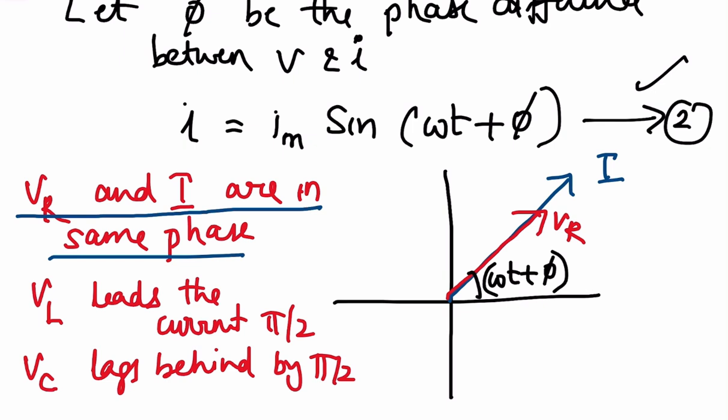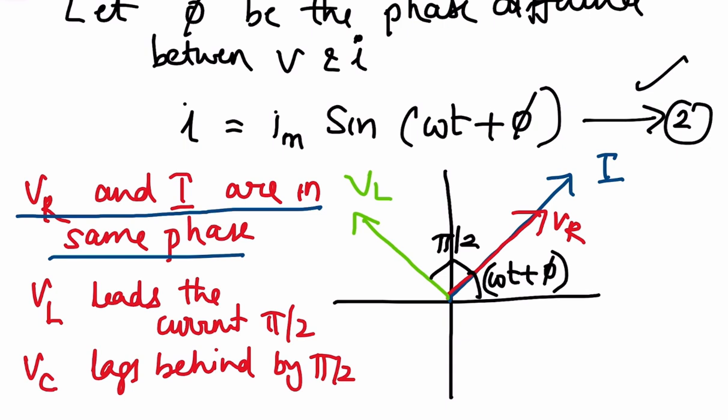So you can take the voltage across the inductance like this, VL, because the difference between voltage and current in an inductor circuit is 90 degrees. So this is pi by 2, or 90. And in the case of capacitive